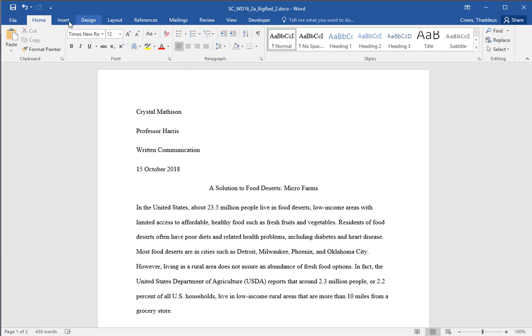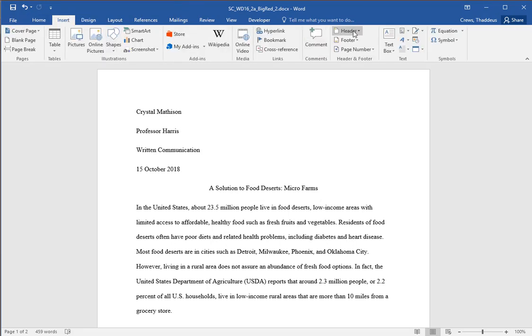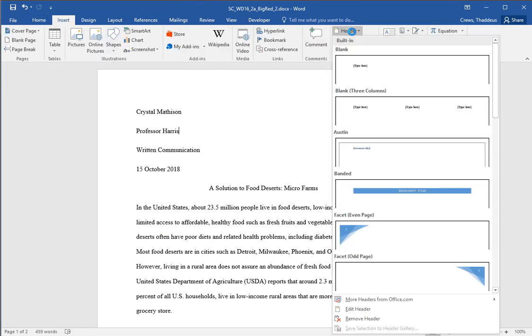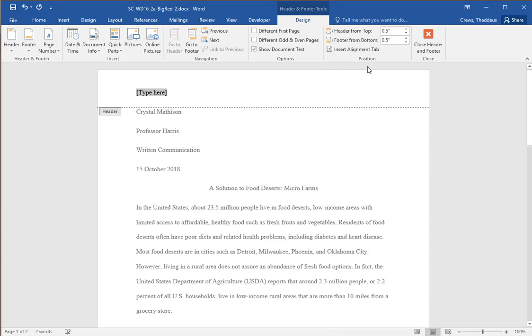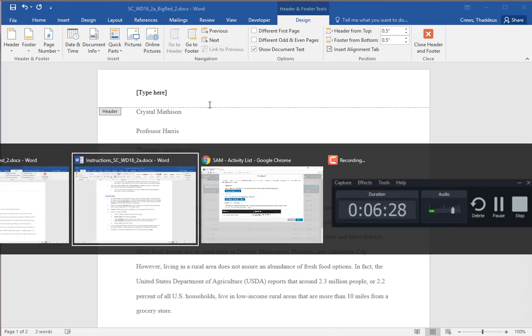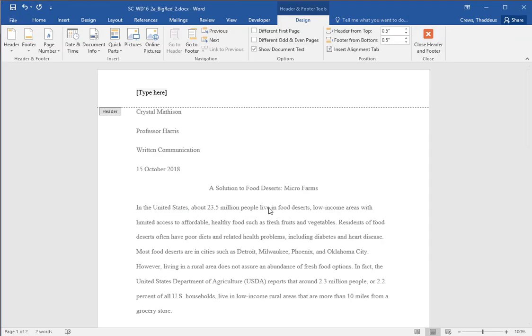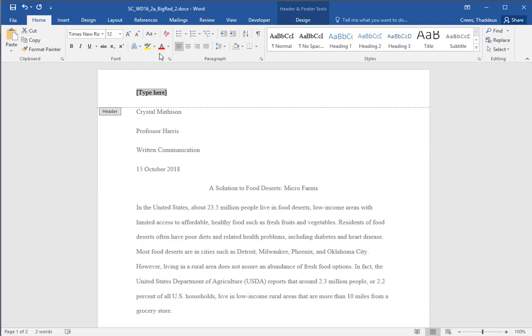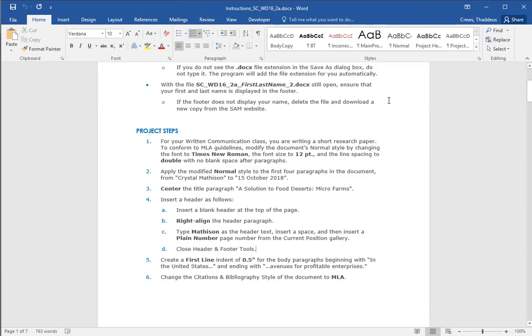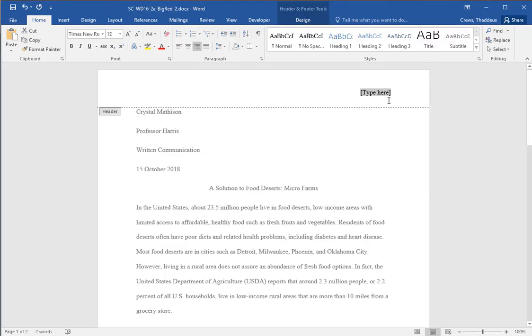So let's do headers. So insert, we have the option of doing our headers, and we're doing a blank header. So under the Insert tab, there's the header and footer group, and the very first option is a blank header. And that's what it gives us. Now our instructions tell us that we're supposed to right align the header and type Matheson and a page number. So I'm going to take this header and I'm going to go under the Home tab and right align it. And then I'm going to type in Matheson, M-A-T-H-I-S-O-N,